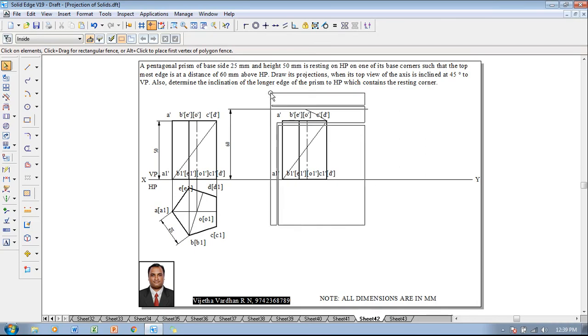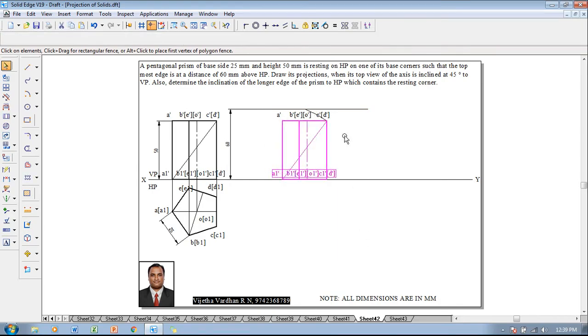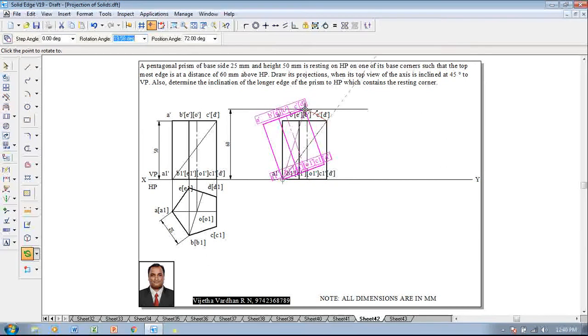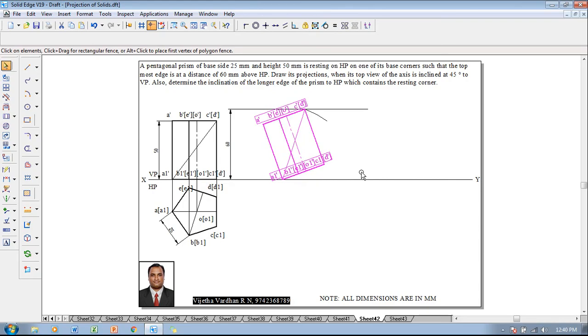Now what we are supposed to do, we have to select this view once again, excluding the arc. Sorry, we will repeat that step. Excluding the arc, we have to select it. So now we are going to select it, then make use of a rotate command, and make sure that A1 dash is on the XY line and C dash D dash has to be shifted to the end point of the arc. What one can see properly over there. Now we can see that the C dash D dash is at a height of 60 millimeter.